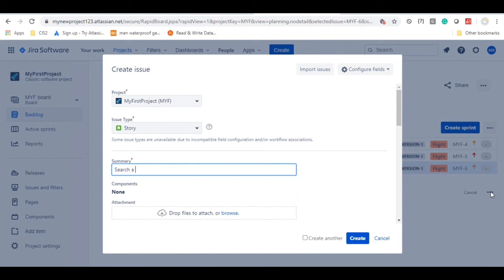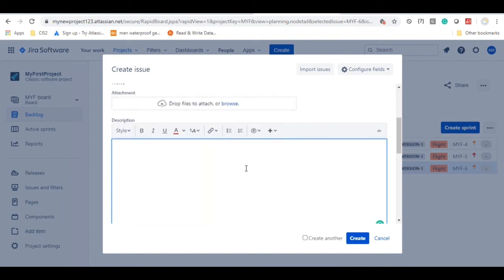Or just search a hotel. So as a user, I should be able to search for a hotel with the following criteria.